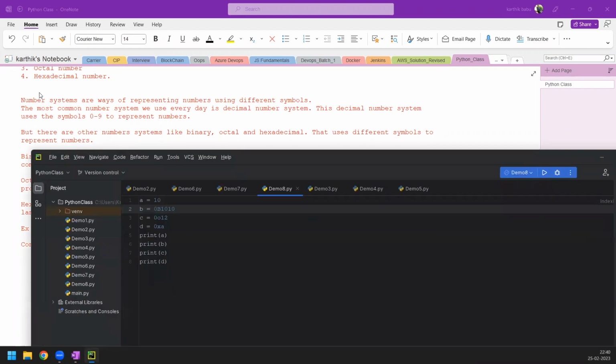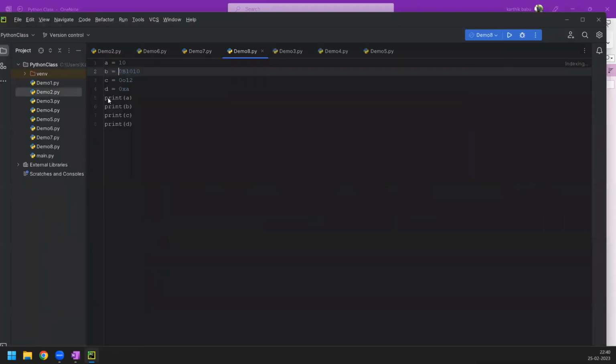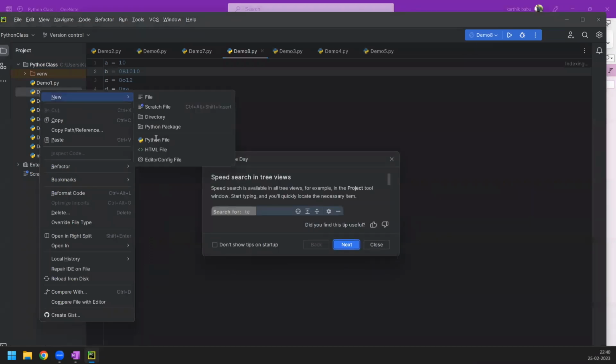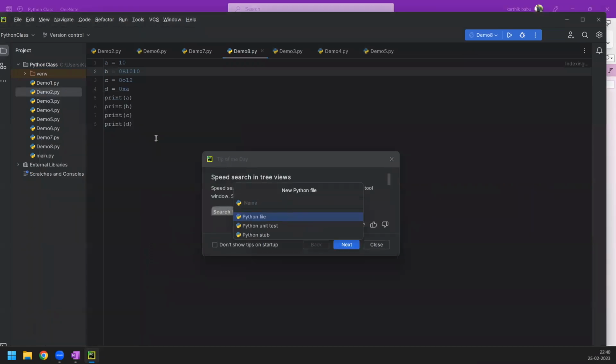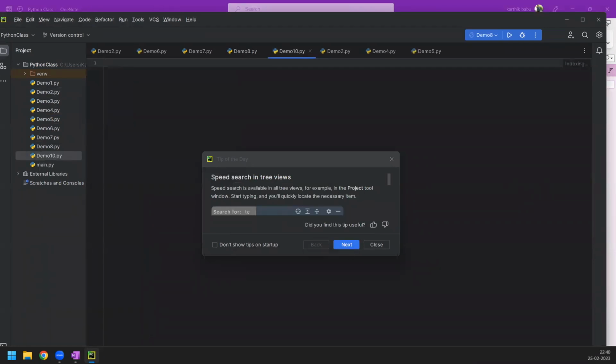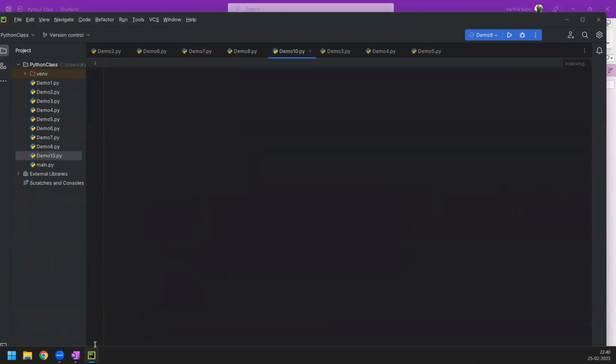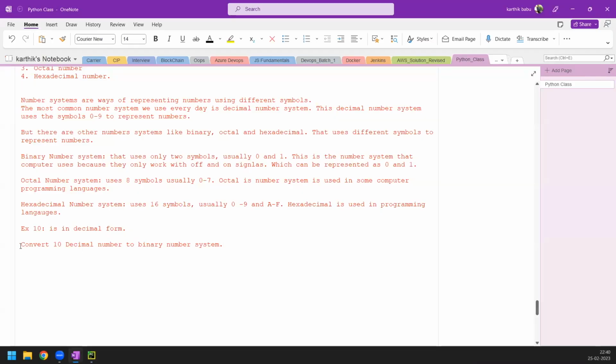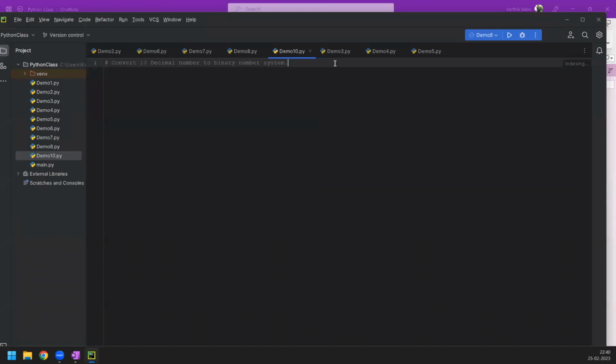Okay, come here. Let me open up a new file. Let me call this file demo 10. Okay, Python file demo 10, I'm creating a file here. Now what is our requirement? Our requirement is to convert a decimal number, 10, into the binary number system. Very simple. So we have an inbuilt function in